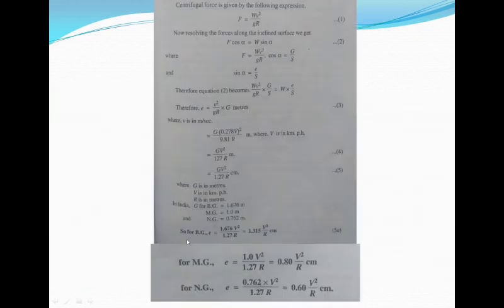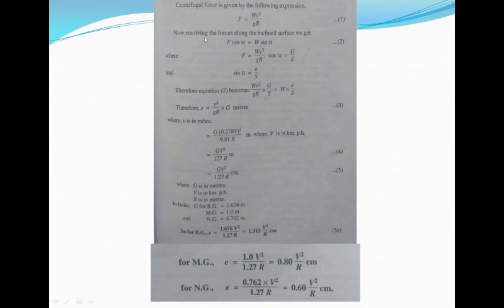So let us move on to the derivation. The centrifugal force is given by the following expression. I have considered the expression for a centrifugal force, that is F is equal to W V square divided by g into R. This you have studied in your 10th standard or 2nd PUC. I have considered the equation for centrifugal force, and by resolving the forces along the inclined surface we have